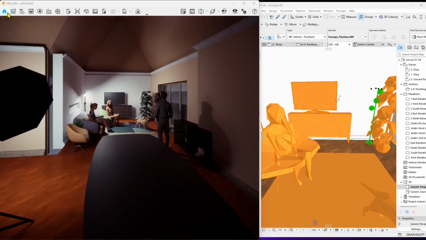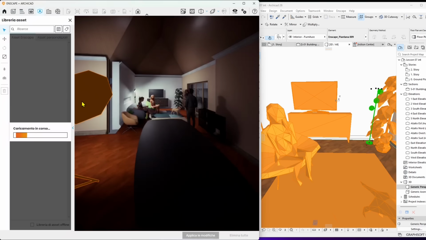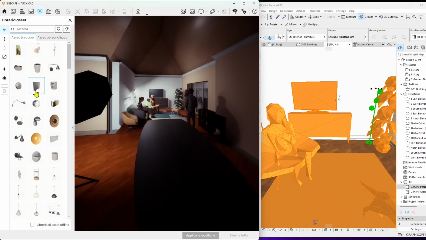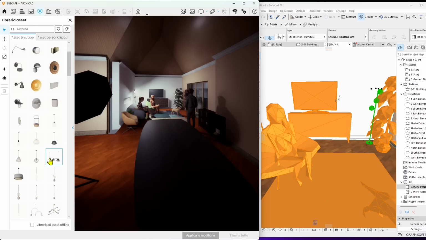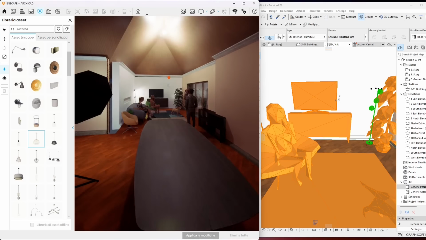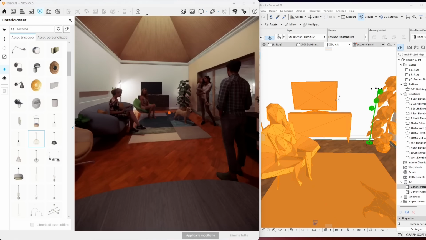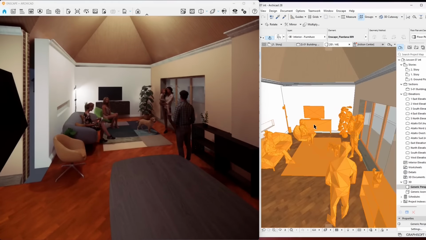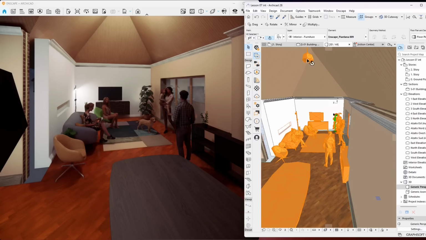Okay, now let's go back to the asset editor, and I also want to put a couple of objects, and also going to put another light here on the top, because when we have an interior, we usually have a light coming from the ceiling somehow. Well, in most cases, sometimes we don't have it, but usually we have. So I'm going to put one up there, so you can see it's illuminating from the top. And also, let me see here in ARCHICAD where it is. There you go. I can also copy and paste